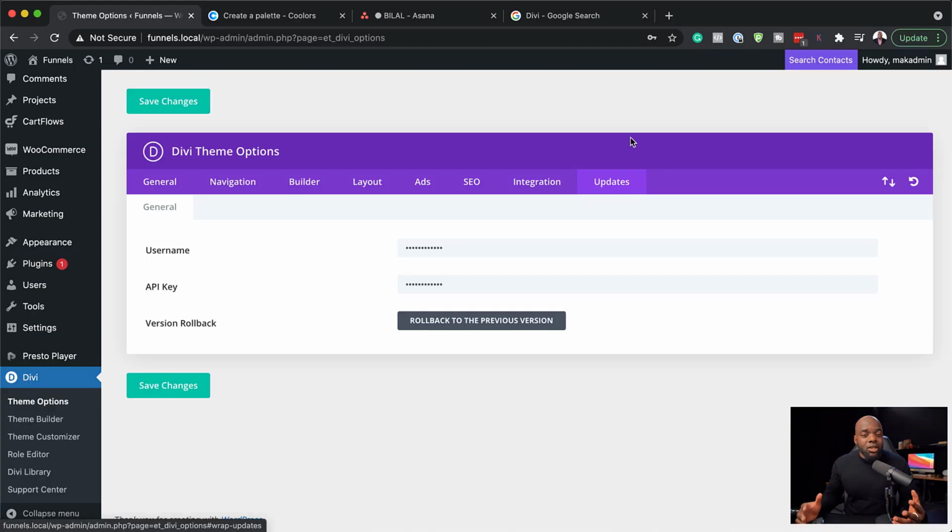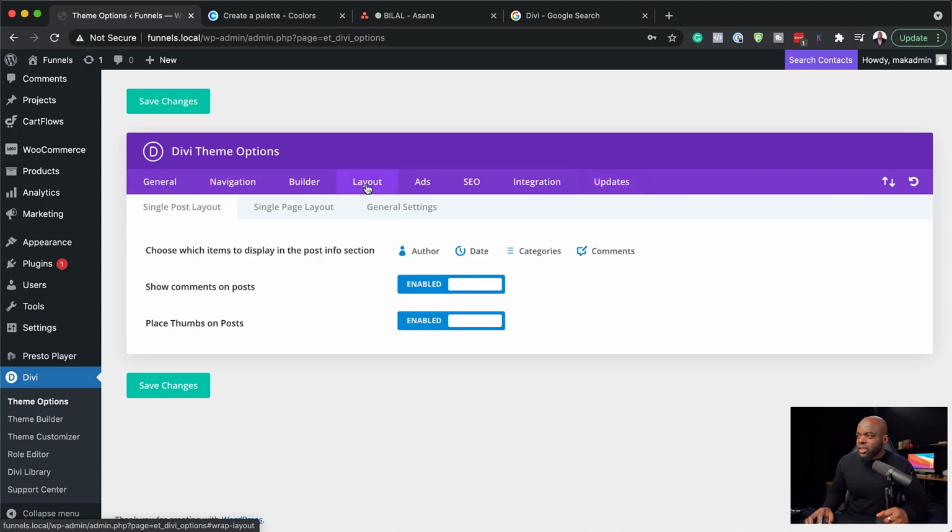All right, so the next thing we need to talk about here is these layouts. So if I come over here to layouts, you notice that we can show comments on posts. We can also place thumbs on posts. So you can disable or enable this over here. And over here as well, there are items that you can disable if you don't need them when you are